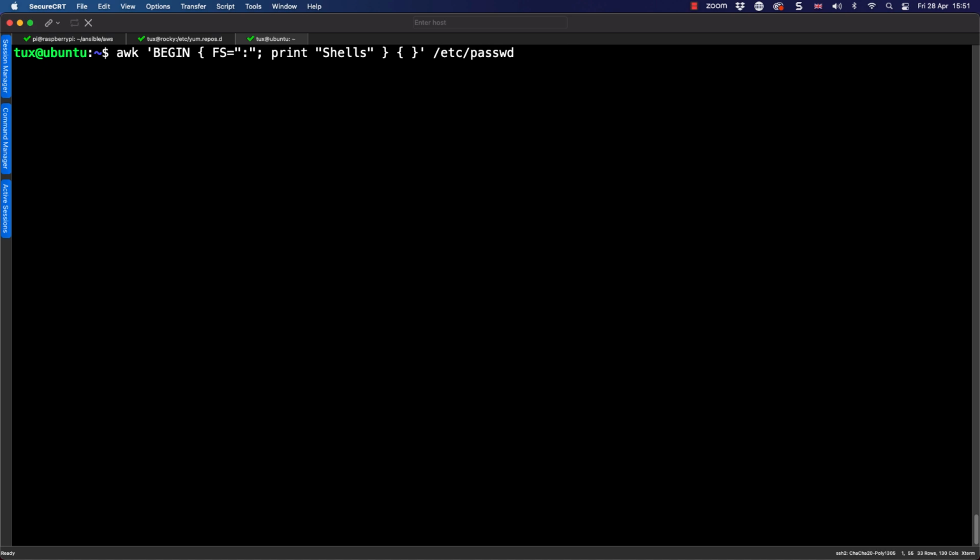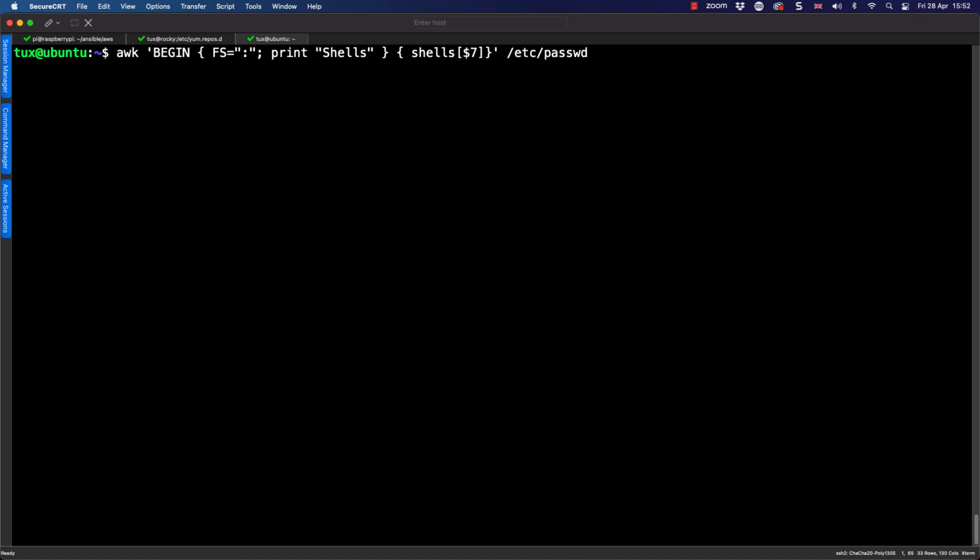But in our main block now, we're going to go through and populate a variable which we can reference later on. So we're going to have a variable called shells. We open up our square brackets. The square brackets is then really making shells an array.